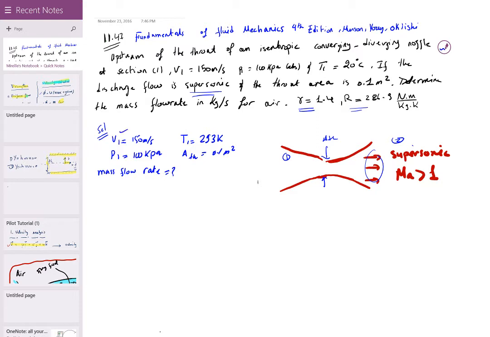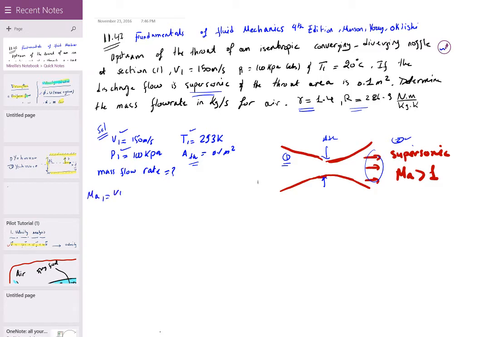So we're given the velocity, the pressure, and the temperature at state 1, and we're also given the area at the throat. Now in any problem involving a converging diverging nozzle, I must know the state of my flow. I must have information of its compressibility. That is through the Mach number. Is it supersonic, is it subsonic, or is it sonic? At state 2 it's given, I need to find it at state 1. So I need the Mach number at state 1